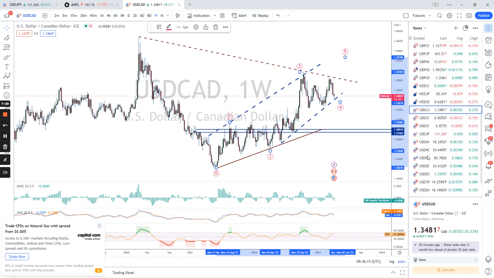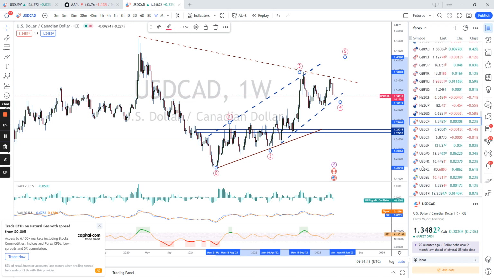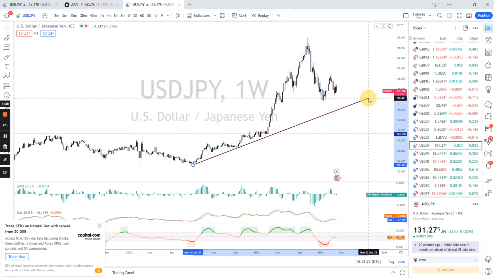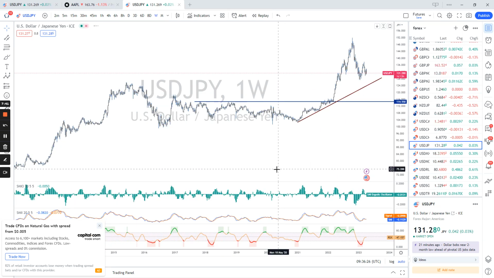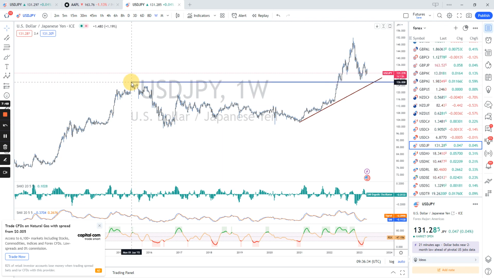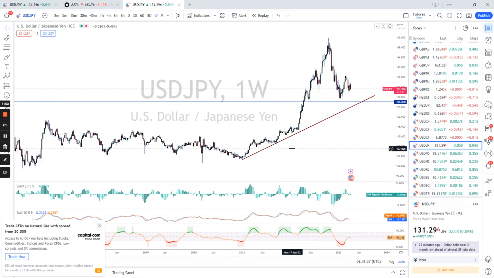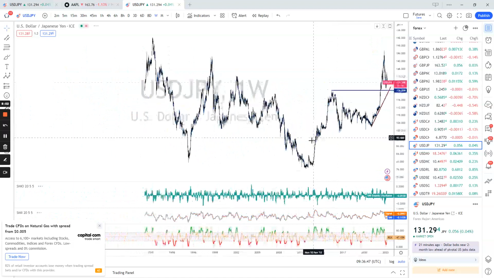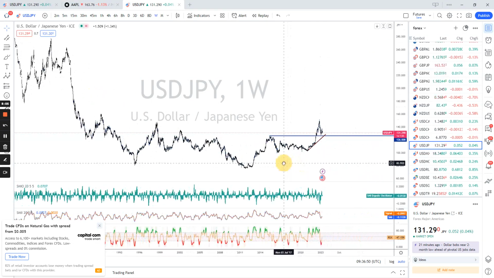One more pair that is interesting for you and for most of the traders is, of course, USD/JPY, which recently had a strong move higher and the breach of this long-term upside resistance, which is 126. That resistance will be tested soon, 125, for the continuation higher in the USD/JPY.